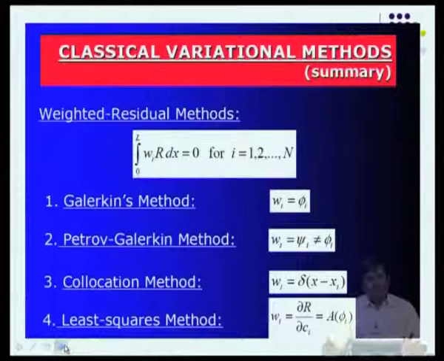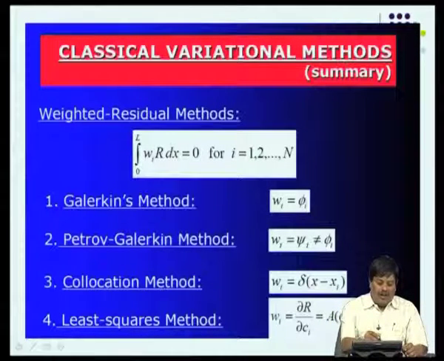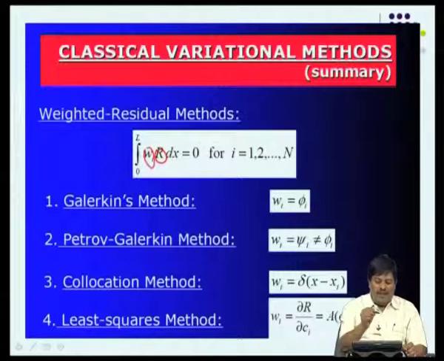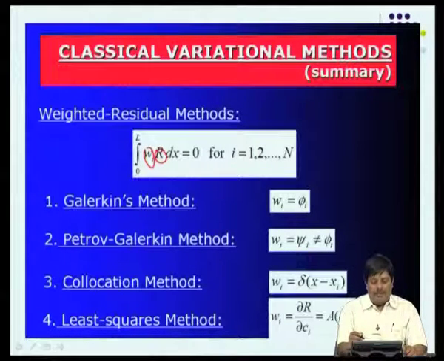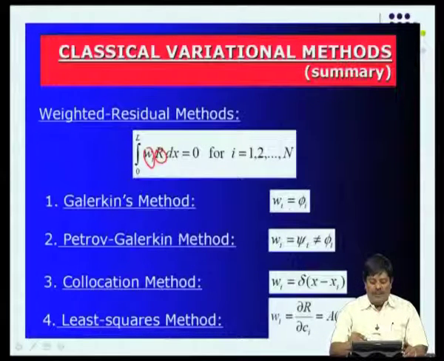So, this is the summary. Everything can be explained under the weighted residual method. You take the residue R, weight it with the function Wi, and integrate over the domain to zero. There are n weights corresponding to the n unknowns that we are trying to solve. If the weight function is the same as the approximation function you use for the dependent variable, such a method is